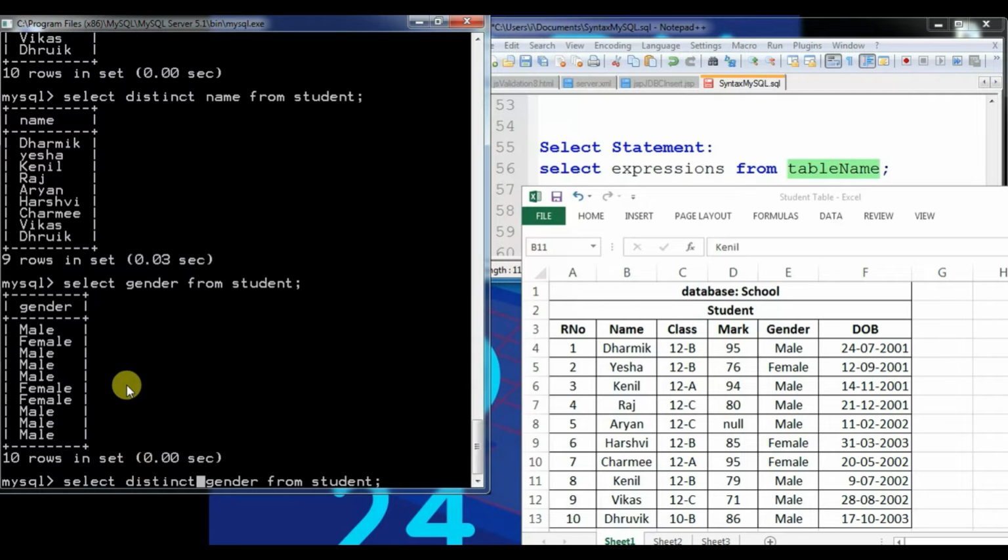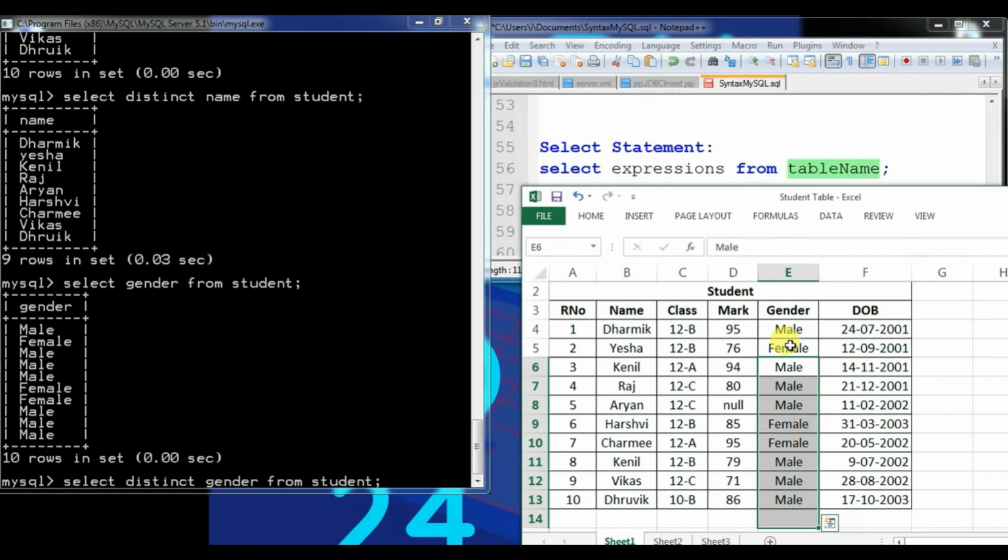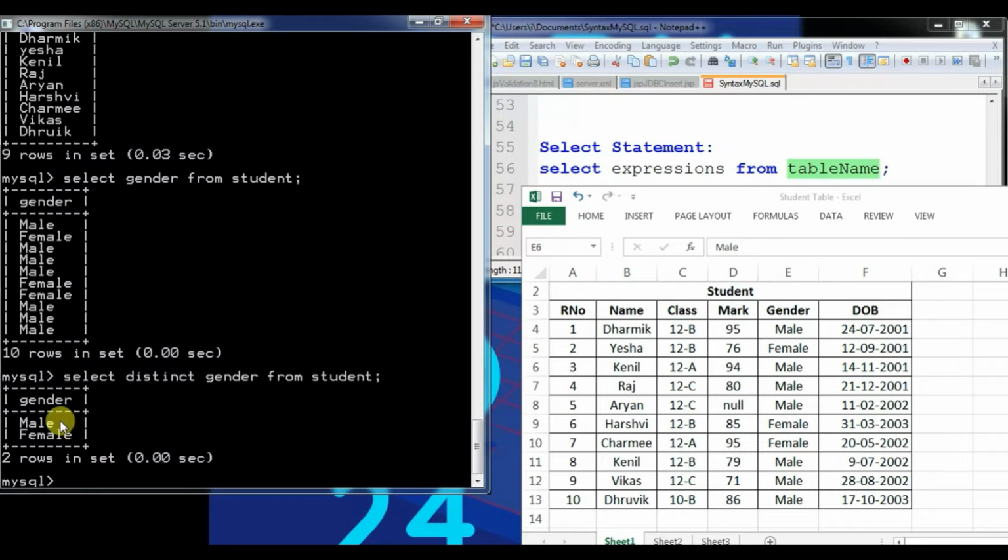Can you guess how many records there will be? If you look at the gender field, there are a total of 2 values, male and female, and the rest of the values are repeated in the whole table. So I am going to press enter. You will find just male and female. Why is male first? Because if you check the table, the first value is male and then female, so in the output screen also you fetch the first record as male and then female.